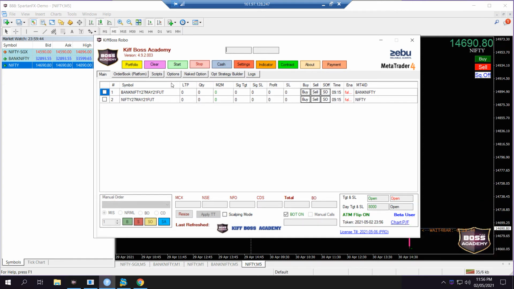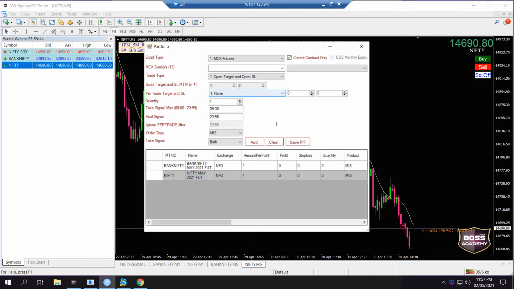In Gbull, if we log in using credentials, there is no need to put in the credentials every time. It will work from morning 9 till night 12:30, so it opens automatically. But in the morning, once you click open, it will ask for credentials, so you have to put in the credentials. Now I am going to portfolio. So I will clear the existing setups.